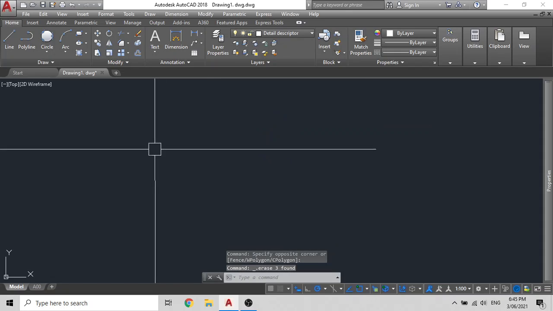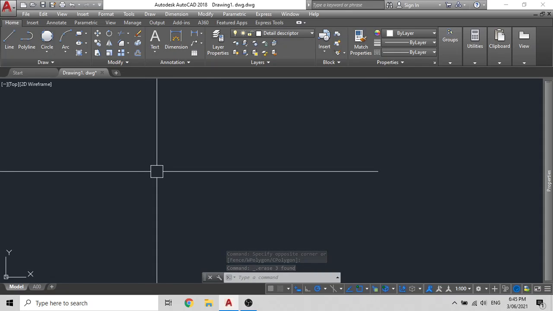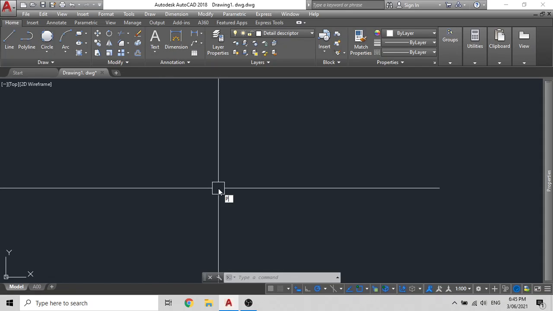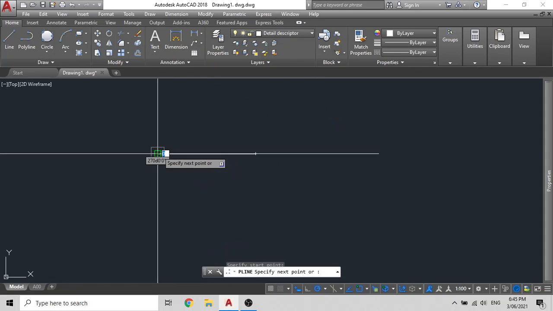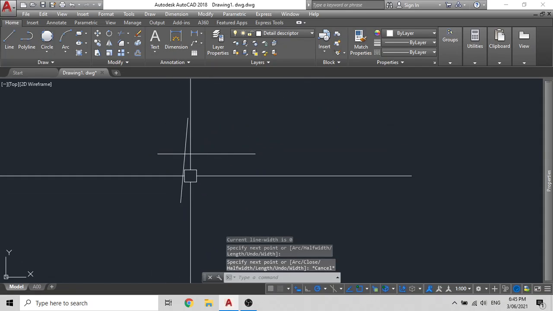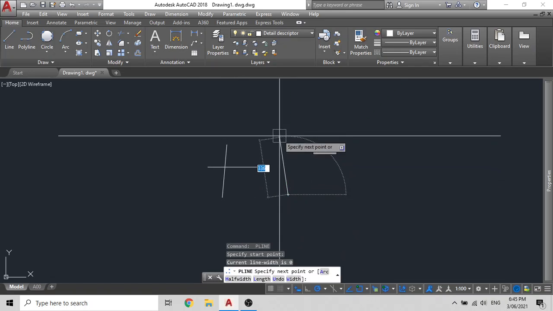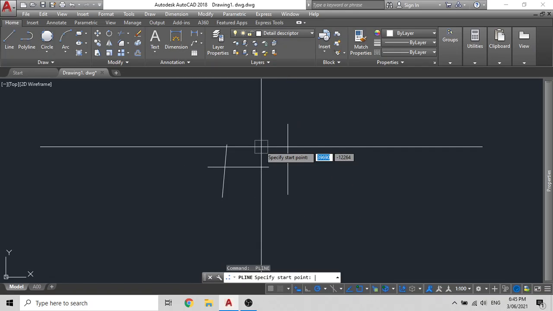So now that we have done polygon, let's move on to trim and extend command. So this is a very simple command. Let's say if you have made 2 lines like so. Let me just put 3 or 4 so it's better for understanding.